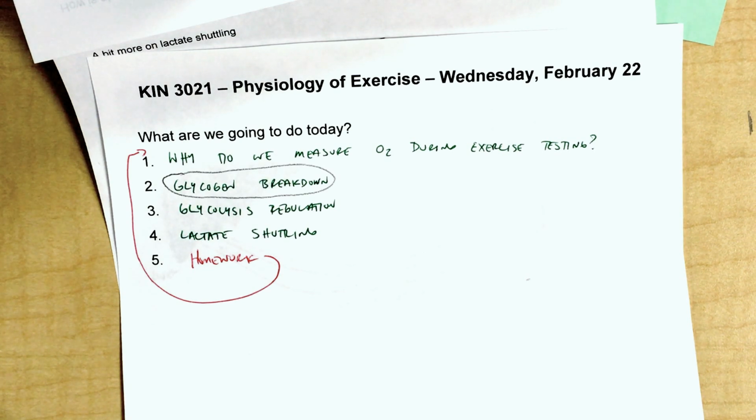We know the person who has a VO2 max of 70 is making ATP at a faster rate because that oxygen is the final electron receiver in our electron transport chain, right? So if we're consuming more oxygen, if we're making more CO2, that means that we're making ATP faster. If we're making ATP faster, that means we're able to do more work in the same amount